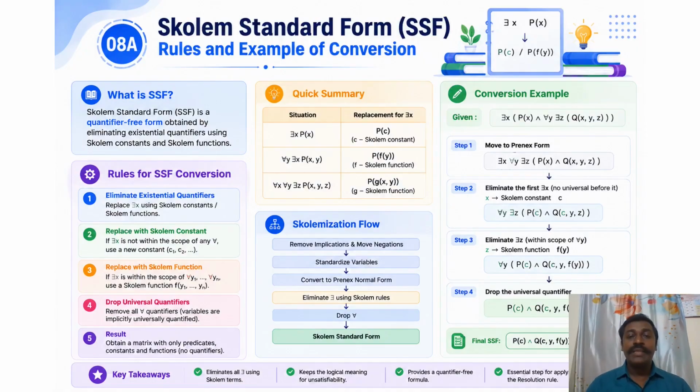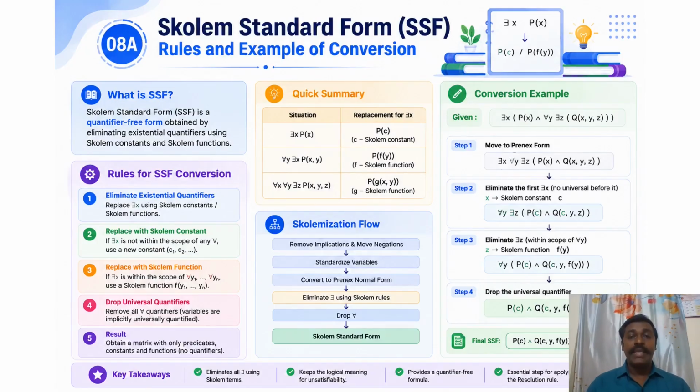Now, for all y, there exists x, p of x comma y. Here we have to remove the existential quantifier x, and to do so we have to express everything in terms of the universal quantifier y. So all the x will be replaced by f of y, and here it is a Skolem function,